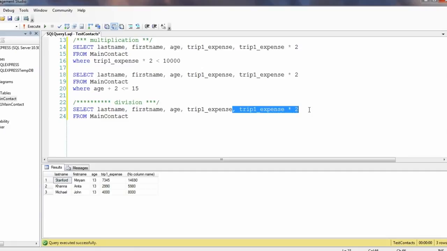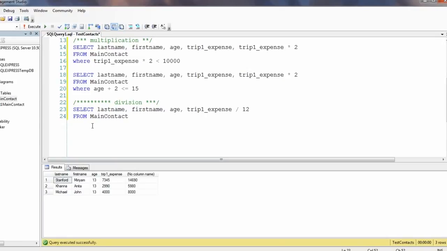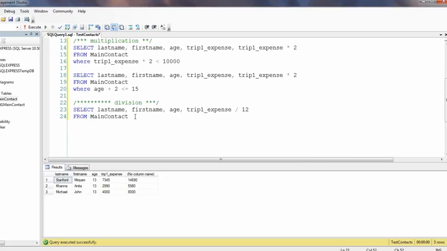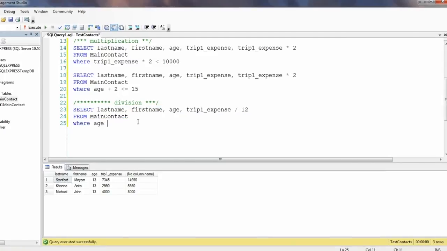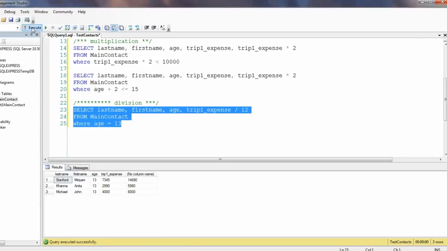trip expense divided by 12. So how much will be the expense per person for these 3 people if we divide them by the 12 people who are remaining and who are not aged 13? What will their additional expense be? So where age equals 13. So when we execute this, we notice that